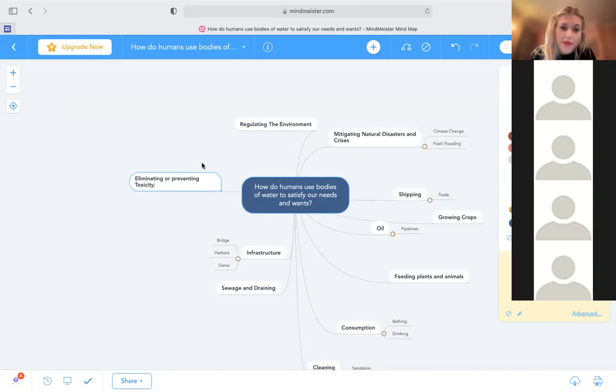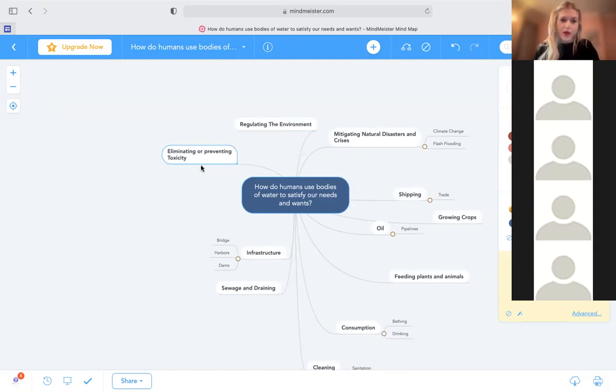So when lead pipes were created, speaking of sewage and draining, lead pipes were not created with the intent to poison. It was a later scientific discovery, just like with asbestos, that these things we've been using as resources to help us gather and supply our water resources contain some chemicals that are toxic, like lead.